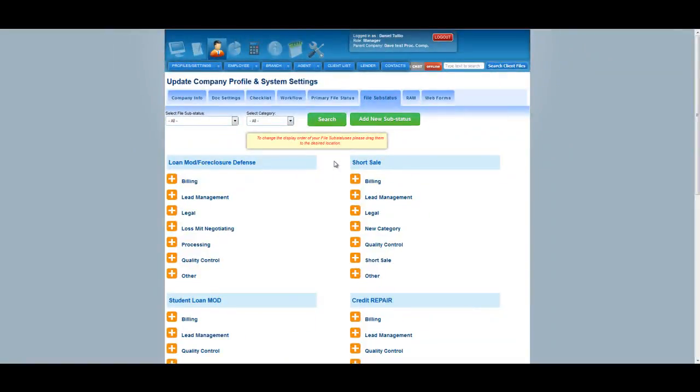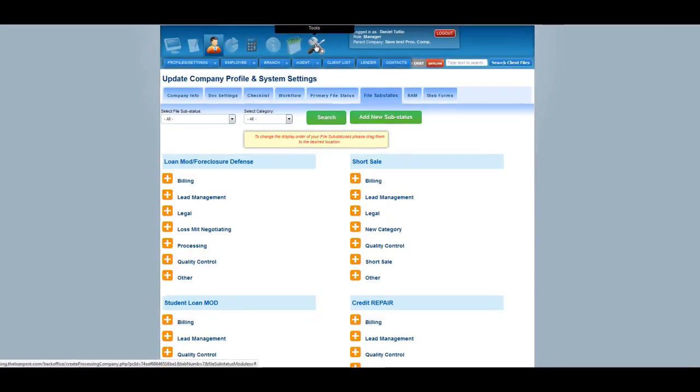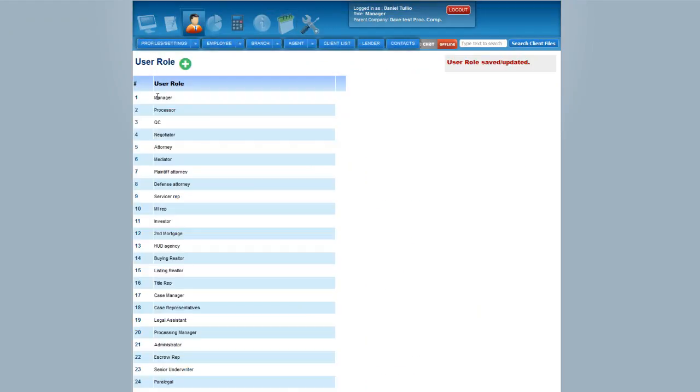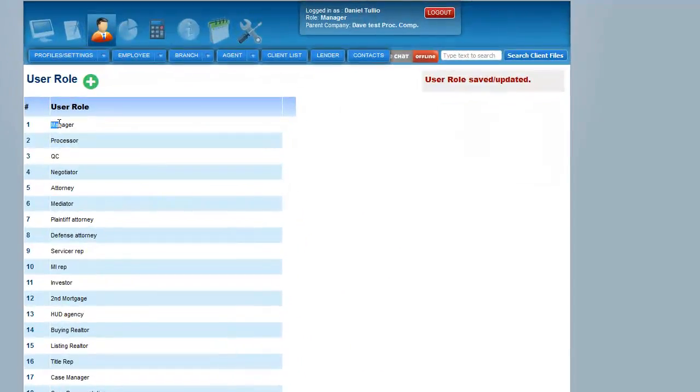Before we wrap up this video, we will take a look at some new manager tools that are in the software. To get access to these tools, you will click the tool icon located at the top of your screen, and then once clicked, below that we see 3 bars that will open the various pages where these tools are used. The first bar being Custom User Roles, which simply means you can create the name of the role for